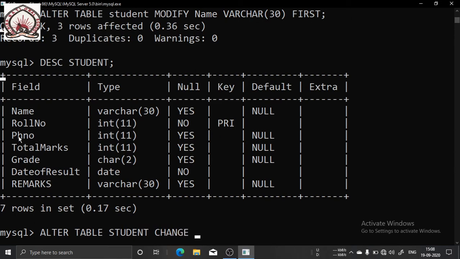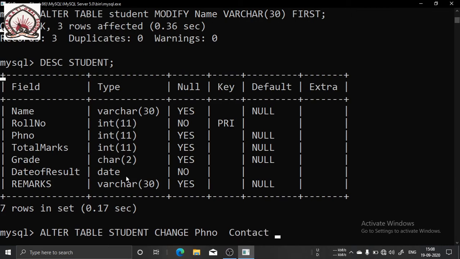First we give the old column name, PHNO, and then the new column name, contact.